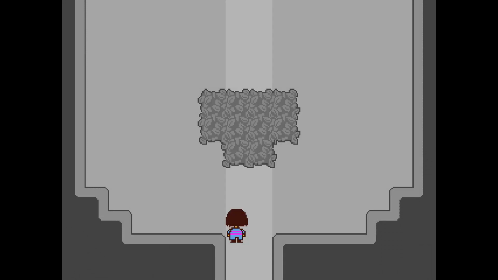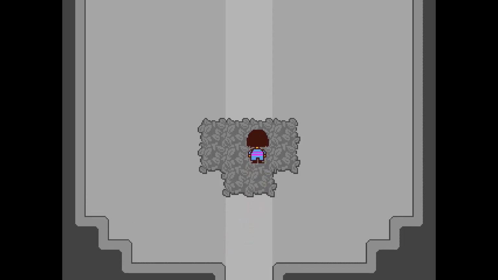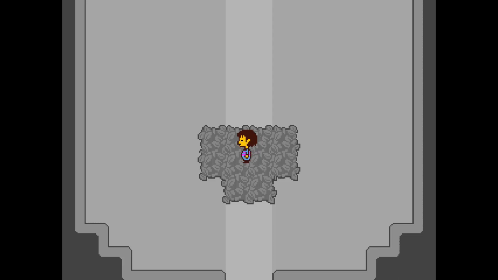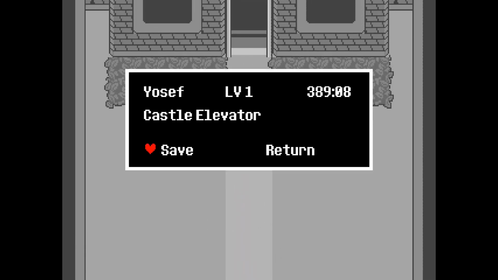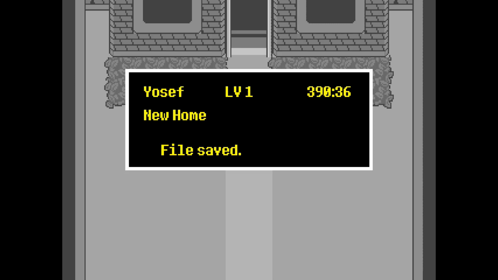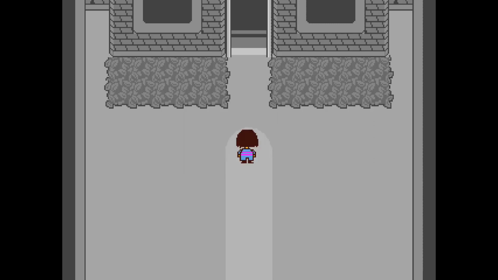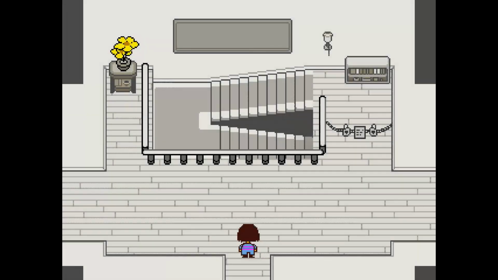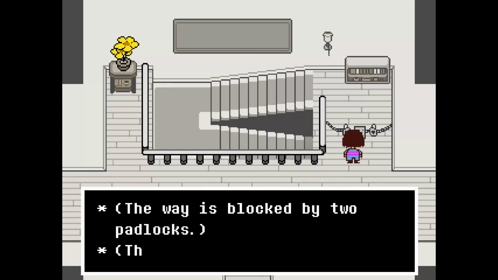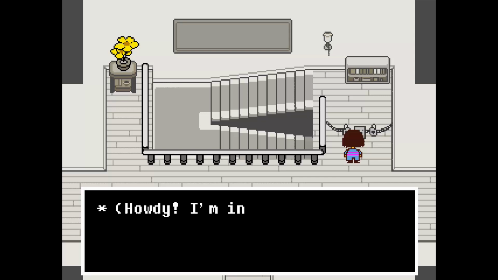This is the same layout as the Toriel house entrance. And this music, it seems oddly cheery for something so gray. Oh, determination. There's nothing that filled me with determination. Well, this is my new home, I guess. This is literally the layout of Toriel's house. What's this say? The way is blocked by 2 padlocks. There's a note attached. Howdy, I'm...